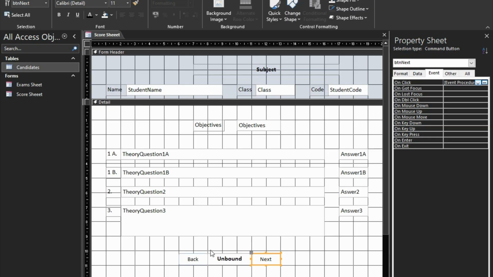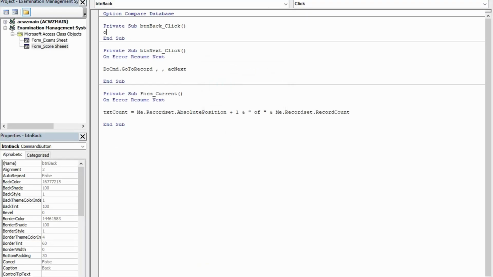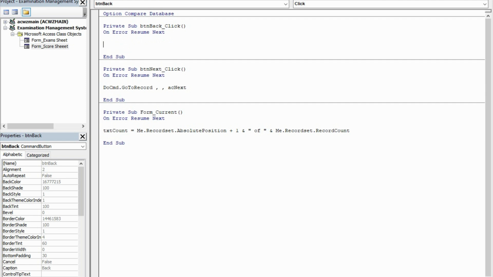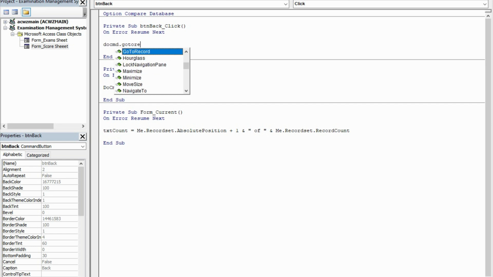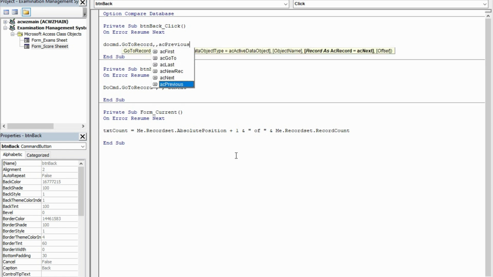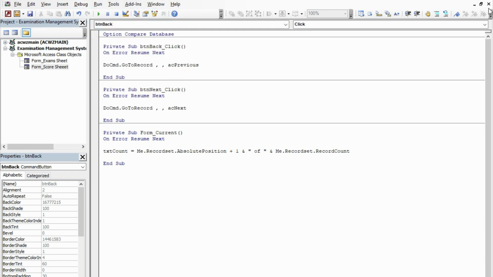Then we come to the back button. That one, right click, go to Build Event, Code Builder, then On Error Resume Next, DoCmd.GoToRecord acPrevious. All right, now we didn't get any error,